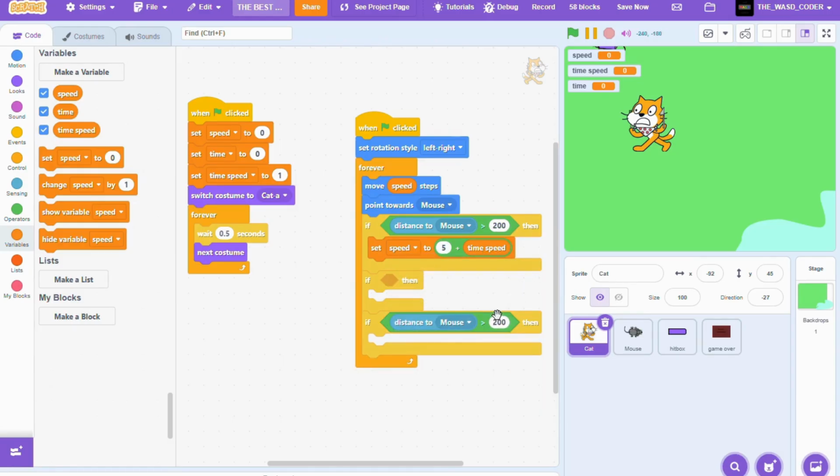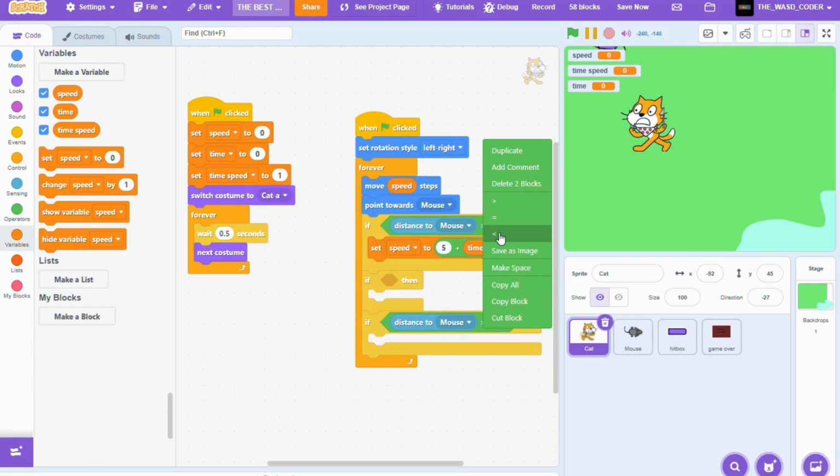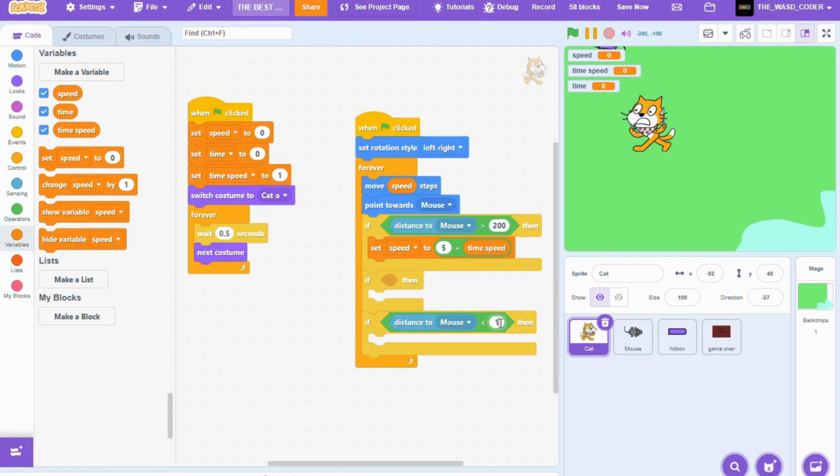Duplicate this here, and this will be here a less than 100. Get a set speed to 2 plus time speed, and in the middle you duplicate both of these and get